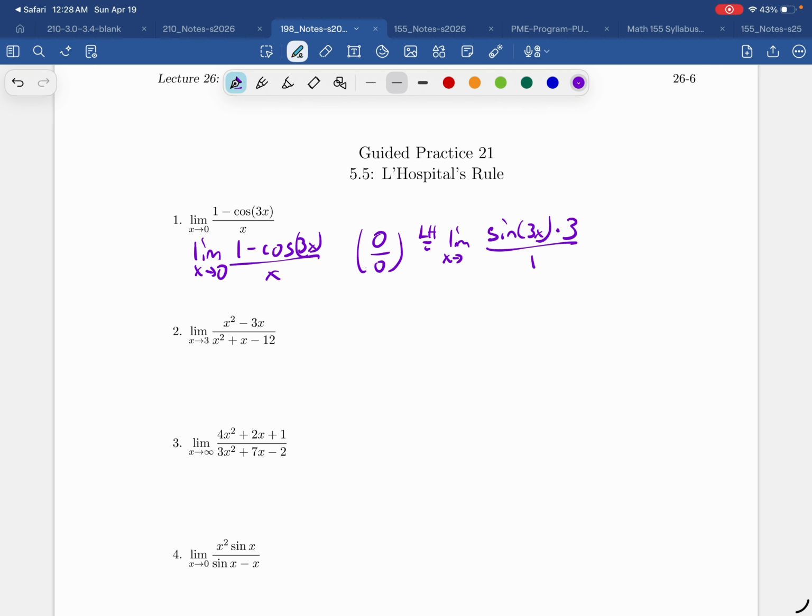So the limit as x approaches 0. And at this point, we just plug it in and get 0. So that's our answer. It's 0. Okay. For number 2,